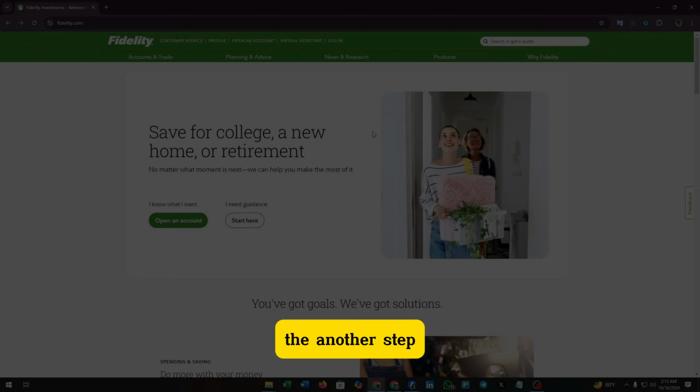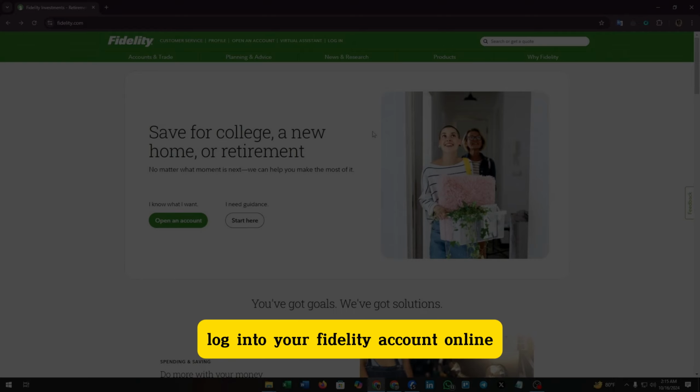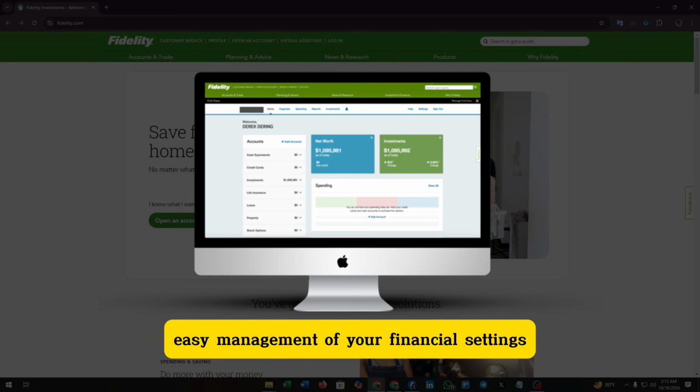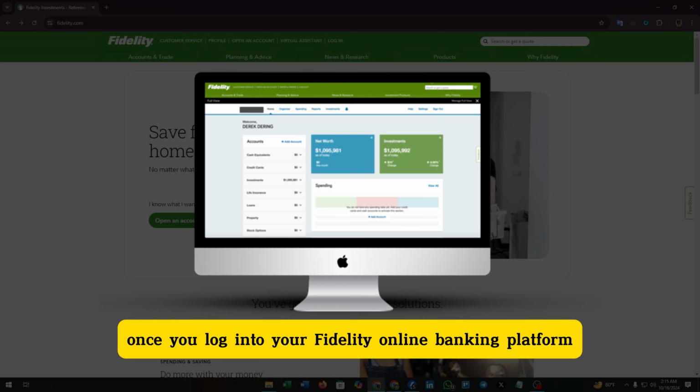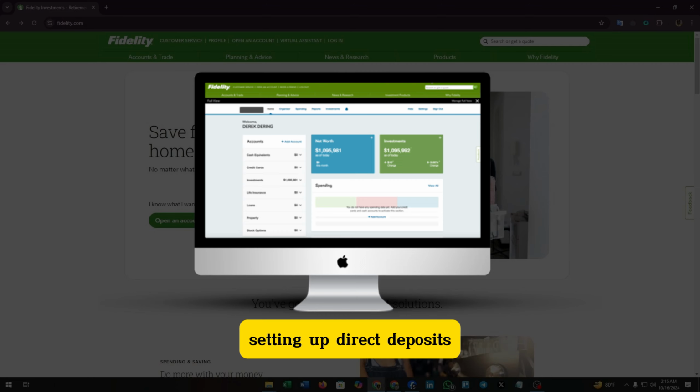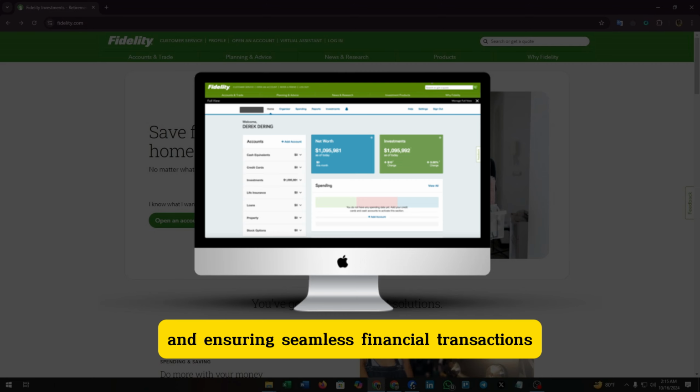Another step is to log into your Fidelity account online. Access your Fidelity account online to find the routing number within your account preferences. This allows for smooth electronic transfers and easy management of your financial settings. Once you log into your Fidelity online banking platform, navigate to the account preference section where you can locate the routing number. This essential number is crucial for conducting secure electronic transfers, setting up direct deposits, and ensuring seamless financial